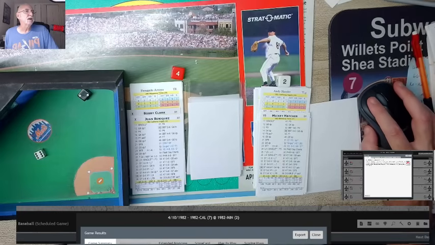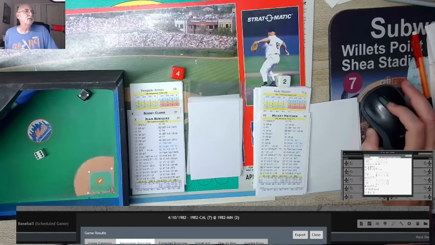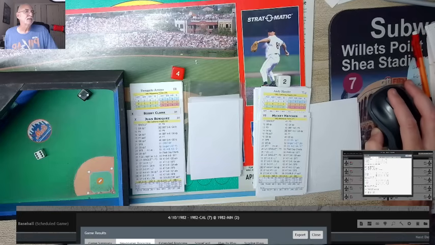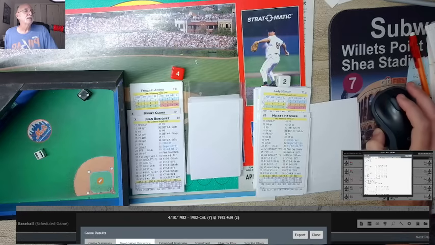So Doug DeCinces and Don Baylor each hit 2 home runs apiece. So that was good. The win is going to go to Kison. He's 1-0. He went 8 innings, 5 hits, 2 runs, 2 earned runs, 2 walks, and 5 strikeouts. Jackson takes the loss. He went 4 innings pitched, gave up 6 earned runs and 4 home runs. So he did not have a good day. Kent Hrbek had 3 hits, and Gary Ward had a couple of hits for the Twins. But you had DeCinces and Baylor with fantastic days. They each had three hits apiece.